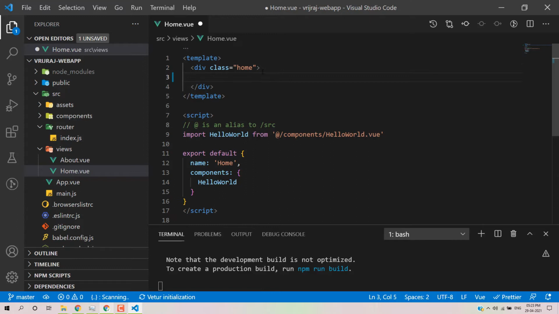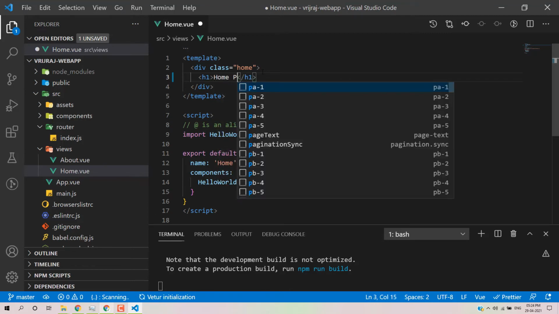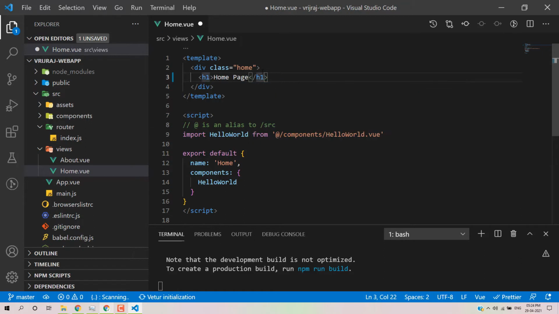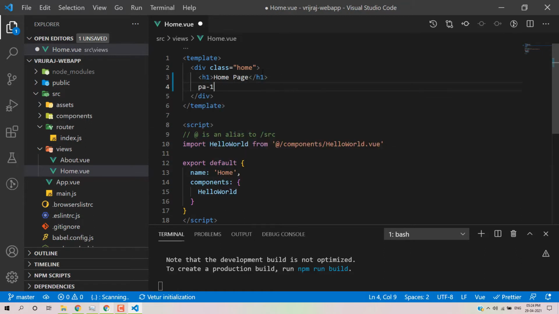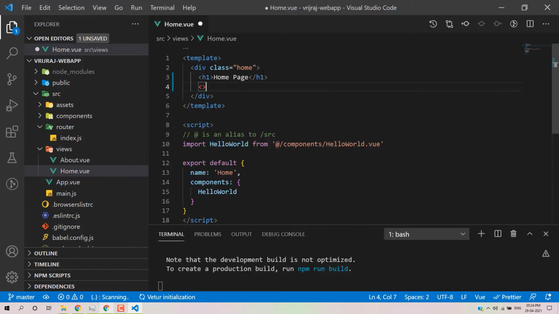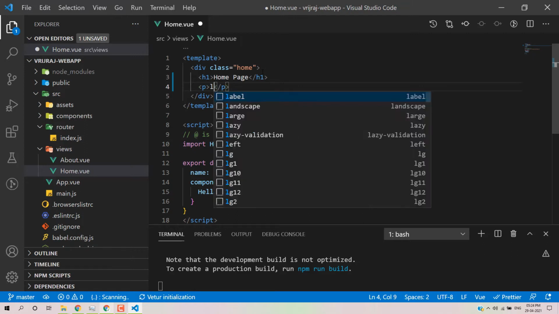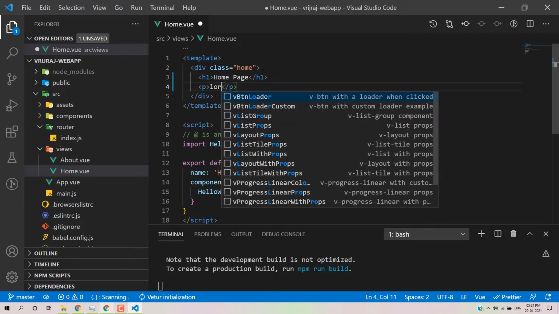Here we can write an h1 tag, and I'll close the h1, and this one is for the home page. Here we can also write some content. For a paragraph we can use the p tag, and mention some Lorem ipsum text.